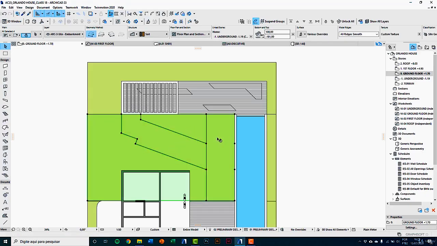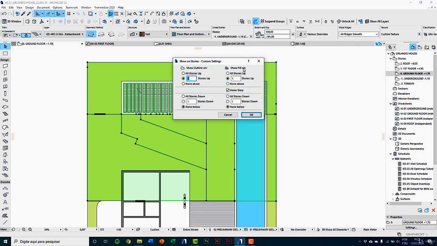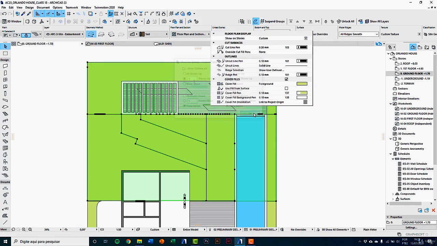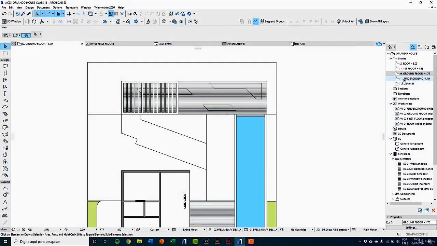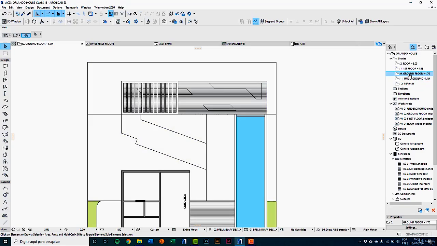Selecting the meshes, in floor plan display, we have the custom option. And show fill on, it is now 1 story up. And I'll put none above. It removes the fill from ground floor, but keeps it on underground. But still, I think it is not a good representation for my preliminary design, so I will come back, Ctrl Z,